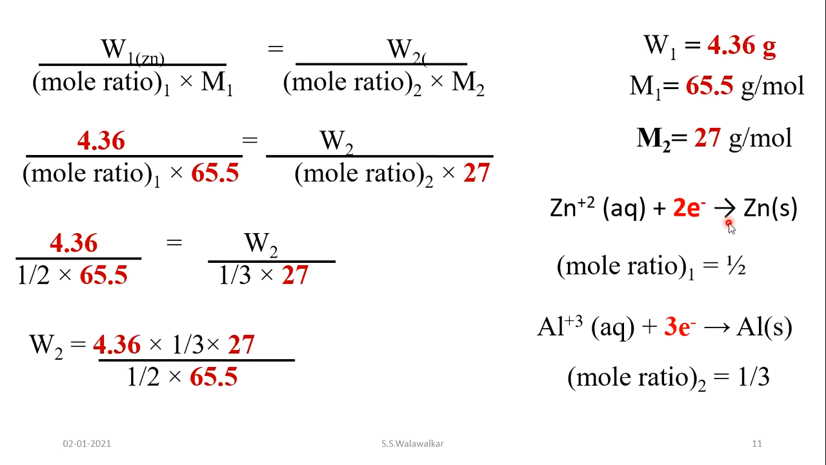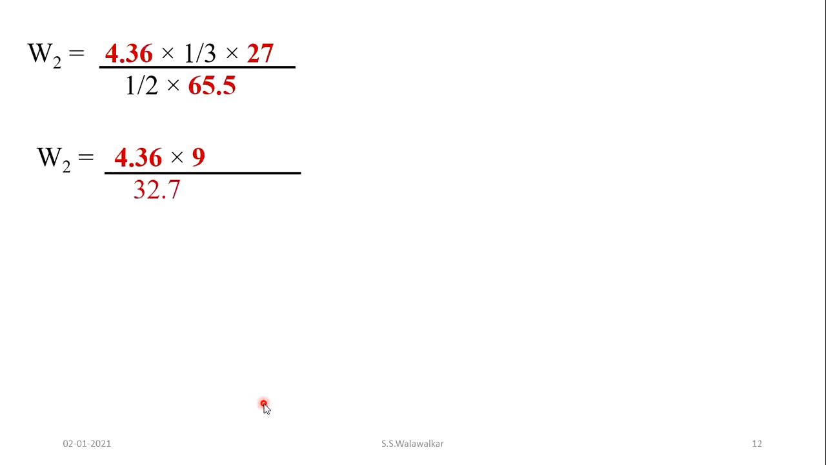That is equal to W2 is equal to 4.36 into (1/3 into 27) divided by (1/2 into 65.5), and that is equal to 4.36 into 9. 1/3 into 27 means 9, and 1/2 into 65.5 is 32.7. So if you take log of this, that is log of 4.36 plus log of 9 minus log of 32.7,